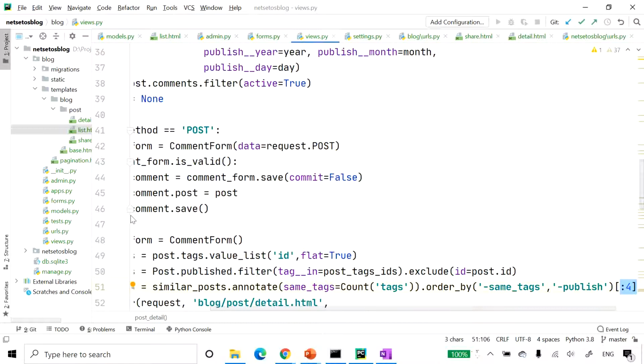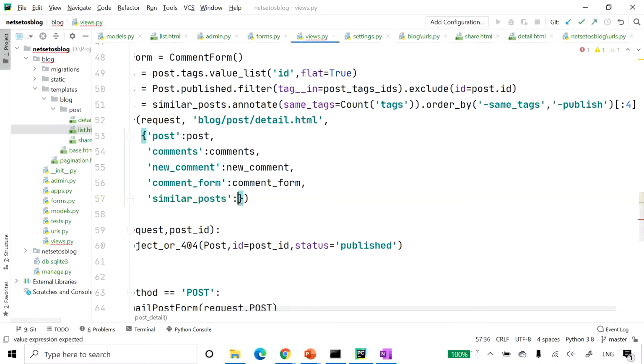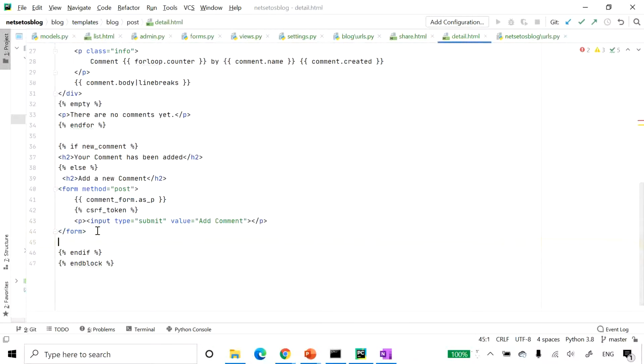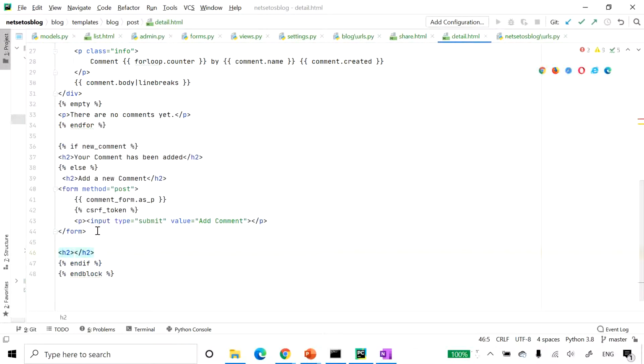So going to render, we will add similar_posts also. Now before going to the browser, I will go to detail.html. Below this form, I will write Similar posts with an h2 tag. Then I'll give a for loop, for post in similar_posts.